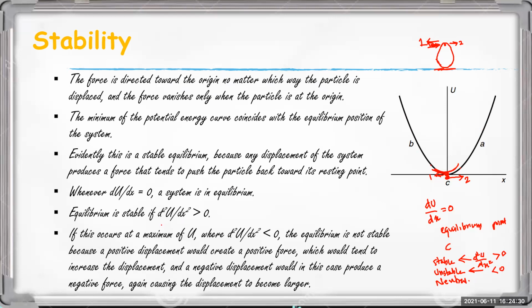So equilibrium is stable if d square u by dx square is greater than 0. If this occurs at a maximum of u,